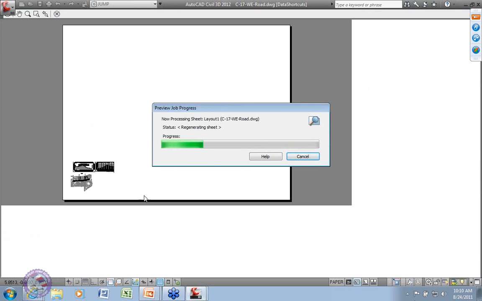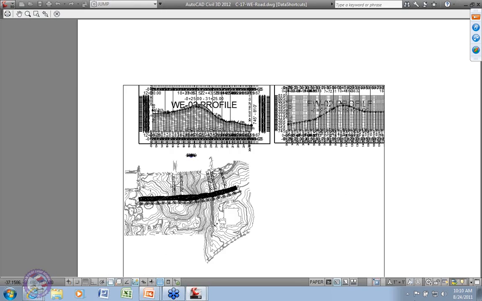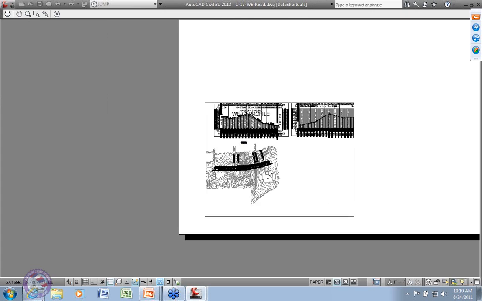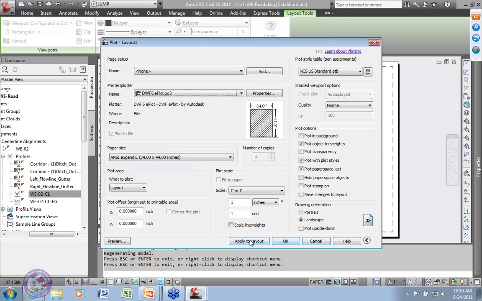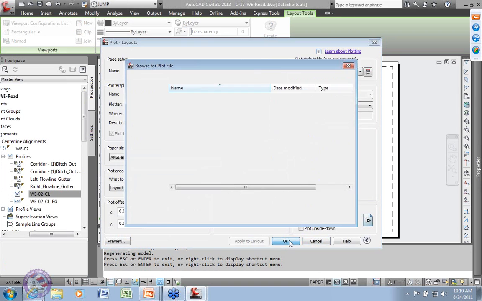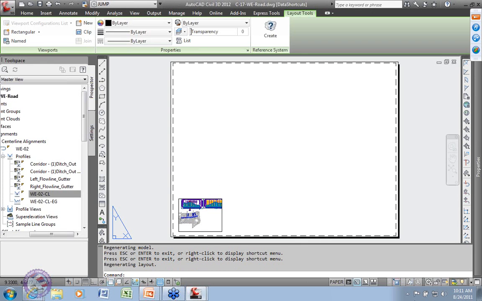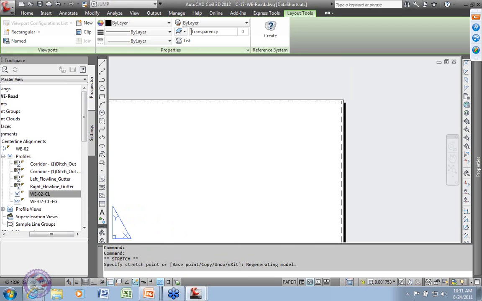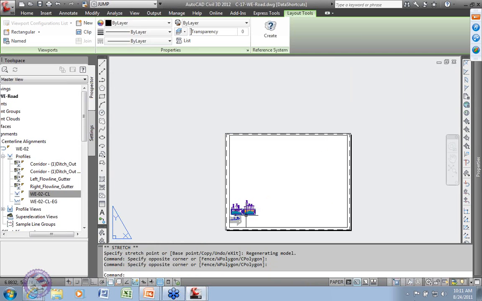It's going to be right away, so ugly. But you can see right away that, hey, we're getting screening to work and all that kind of stuff, right? And I didn't do a regen all. I broke every single plotting rule there is in the book, right? And I'm going to apply this to my layout, just so reps don't want to plot, want to hit cancel, and just, hey, we'll just do sloppy here. Drag my viewport out, make it a little bit bigger. Okay, and hop down inside,